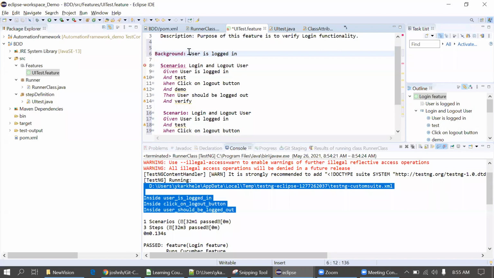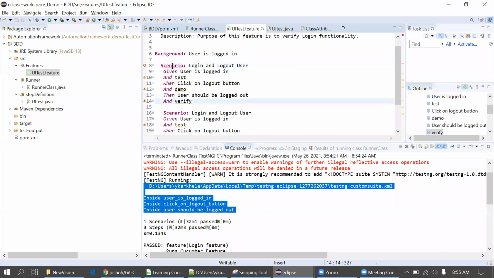I think there, yeah, okay. Now why is it showing the error for the scenario? What's happening here? You can use scenario outline instead of scenario. No, we can use scenario as well. That's fine.